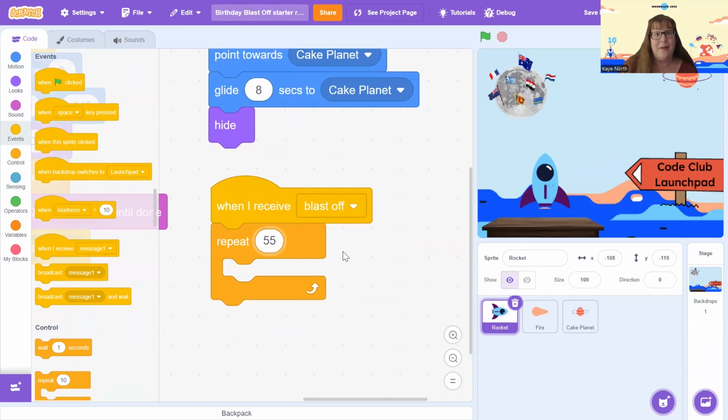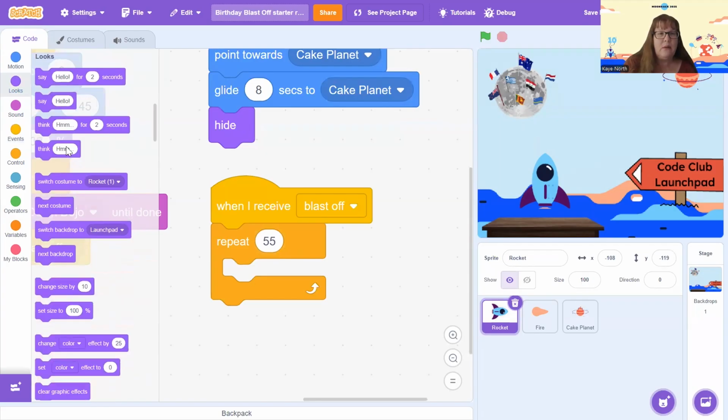Seems like a lot, I know. The reason that we do it more times is that we only have a small increment of the size changing. The more times we do it with a smaller change each time, the smoother it looks. Let's add in a block where we are going to change the size from the looks menu. Down here, change size. We're going, oops, not underneath, inside the loop. I'm going to change by